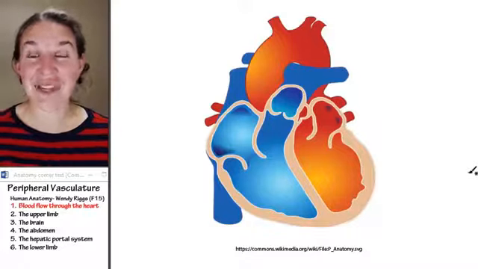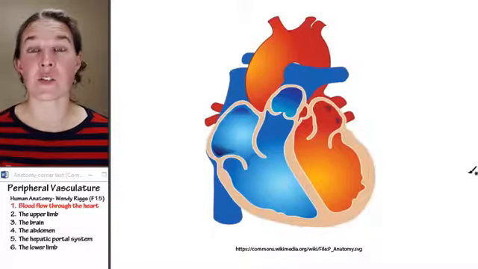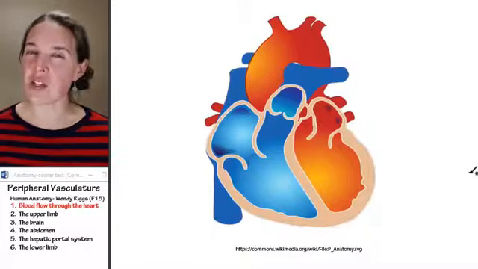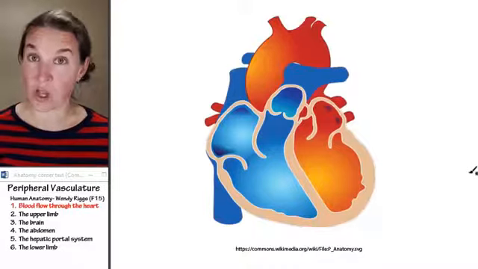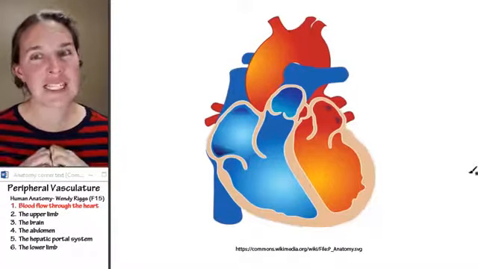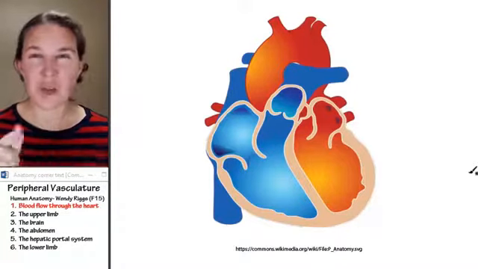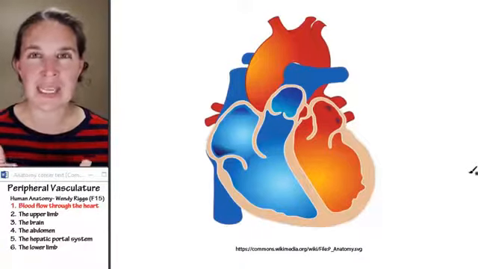So today we get to capitalize on all the cardiovascular stuff that we've done so far. We've talked about blood. We've talked about vessels in general. We know all the different kinds of vessels that we have. And we've talked about the heart in detail. We know all of our heart structures, and we also know the great vessels that are coming in and out